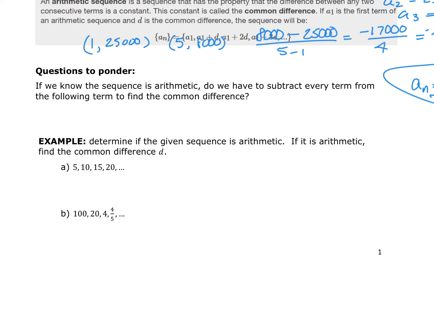If I'm given a sequence, the first thing I'm going to do is the easiest one, and check to see if it's an arithmetic sequence. So I look to see if I'm going up or down by the same amount, the common difference. Here I'm going up from 5 to 10 is 5, from 10 to 15 is 5, from 15 to 20 is 5. So I know that this is an arithmetic sequence and the common difference is 5. And it's a plus 5. So yes, arithmetic,